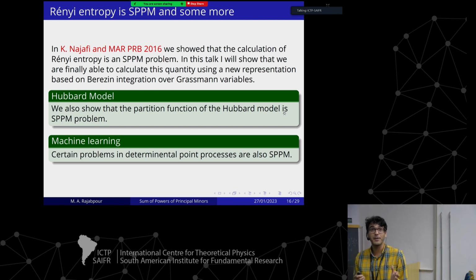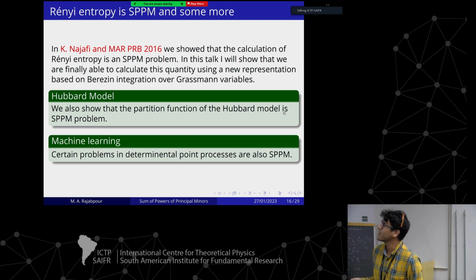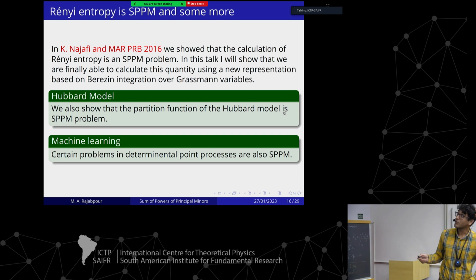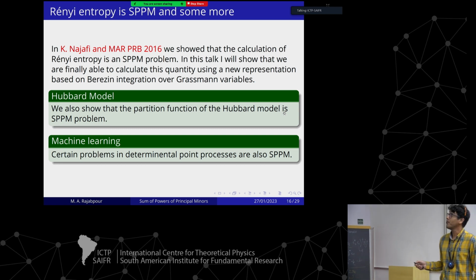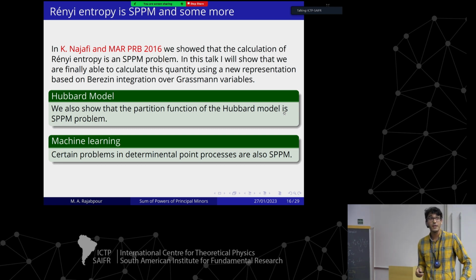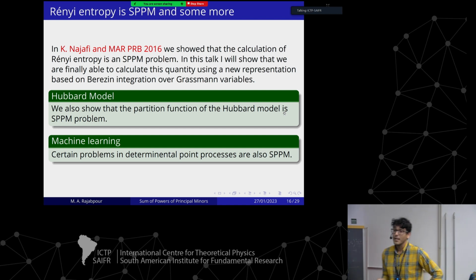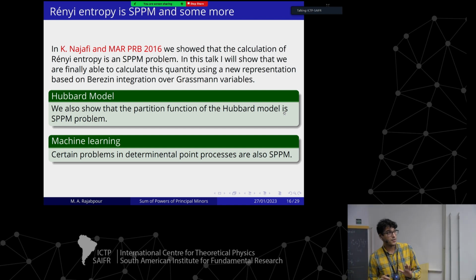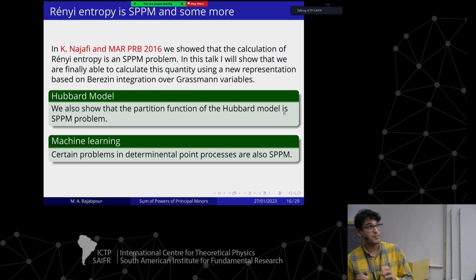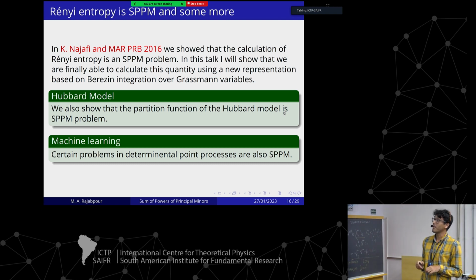That's the reason that people were always just doing numerical calculation. We also realized that the partition function of the Hubbard model is also SPPM. You can do this mapping of the partition function to this problem. And then there are certain problems in machine learning called determinant point processes. They are also related to this sum of powers of principal minors of matrices. So these are the reasons that I started getting interested in this problem of estimating the sum of principal minors